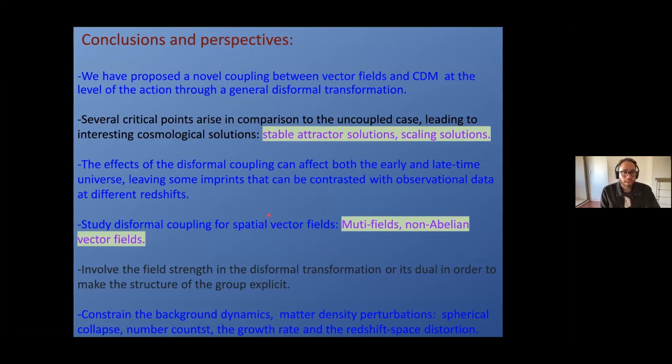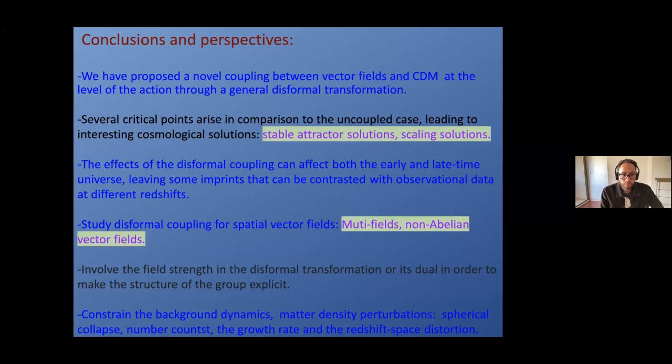Okay, so this is my last slide, some conclusions. So we have proposed a new recipe with two ingredients, vector fields and dark matter, and then you couple both sectors in a conformal or deformal way, just doing this deformal transformation. In that case, we see that many critical points arise in comparison to the uncoupled case, leading to interesting solutions, a stable attractor solution driving the accelerated expansion, and also a scaling solution. So that's good. So it will be very nice to put in some observational data, with the aim to constrain